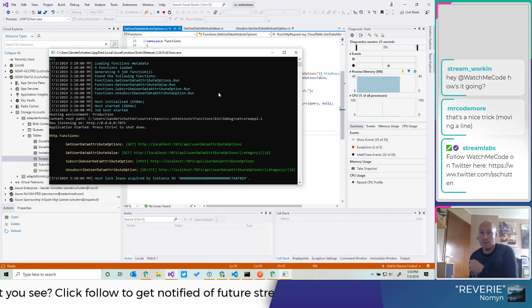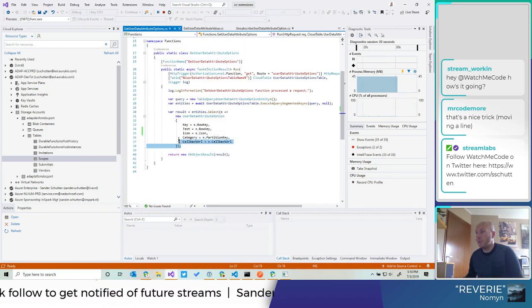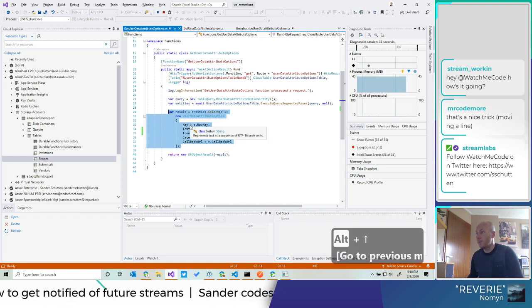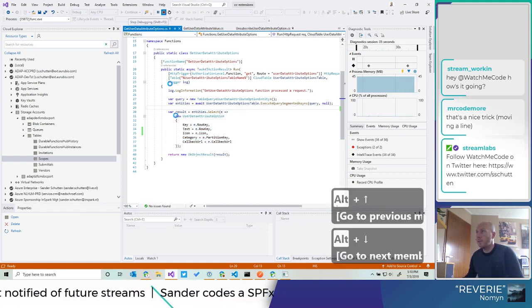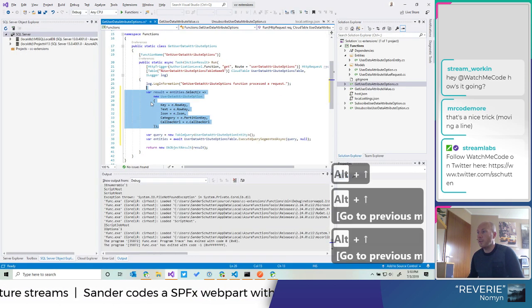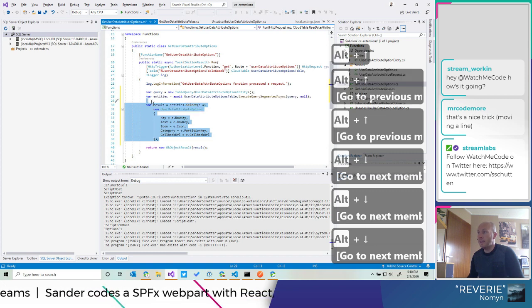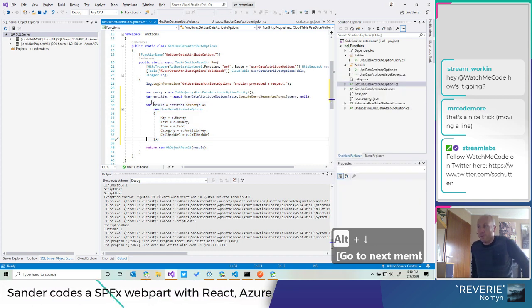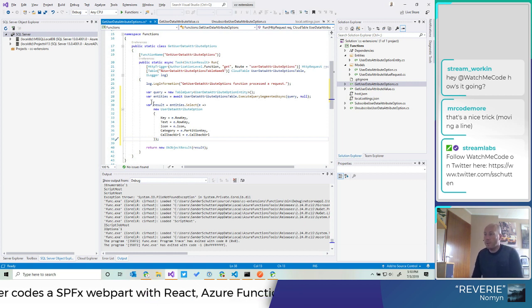Nice thing to know that you can move a line. So you can move multiple lines as well. If you make a selection, you can move, not when you're in debug mode, of course, but you can move complete blocks of code using Alt, pressing up and down as well. It's quite useful because in the past I used Ctrl X, Ctrl V, but it messes up your clipboard as well. If you're just moving lines, it's a lot easier to use the Alt and arrow buttons.